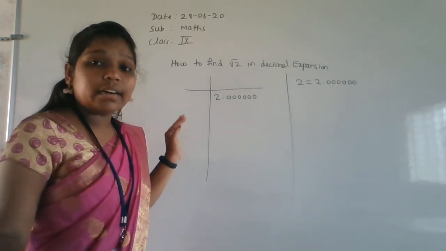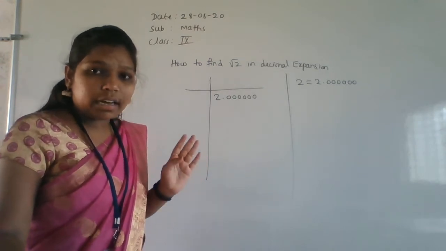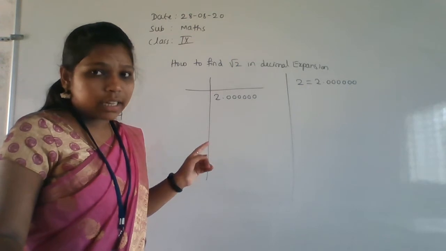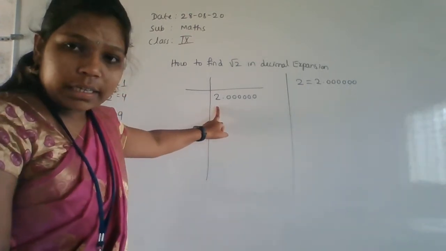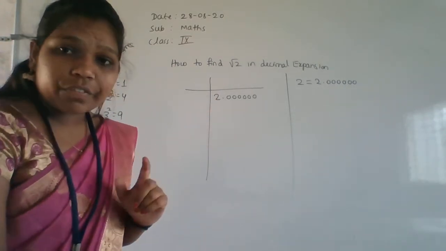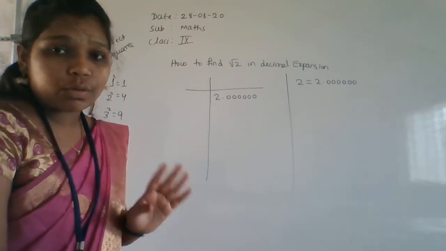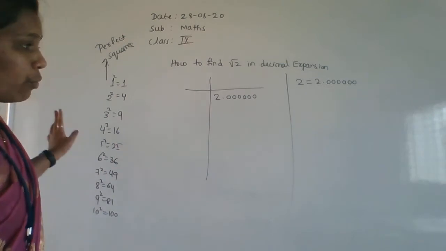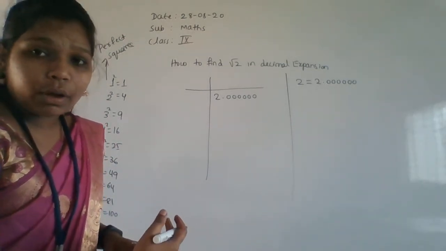Okay, but here a different type of division is there, so please listen carefully. If you listen carefully, then only will you understand, otherwise you will not understand anything. Here 2 is there, right? So we first have to take a perfect square value only. Don't take other values, only perfect square values. Whichever number has a perfect square value, that number you have to take here.